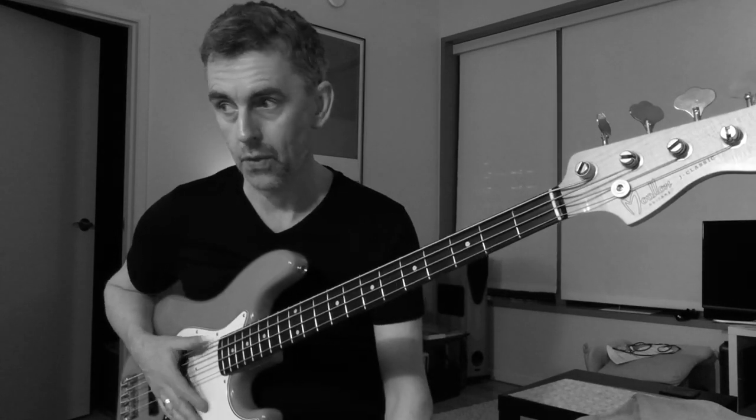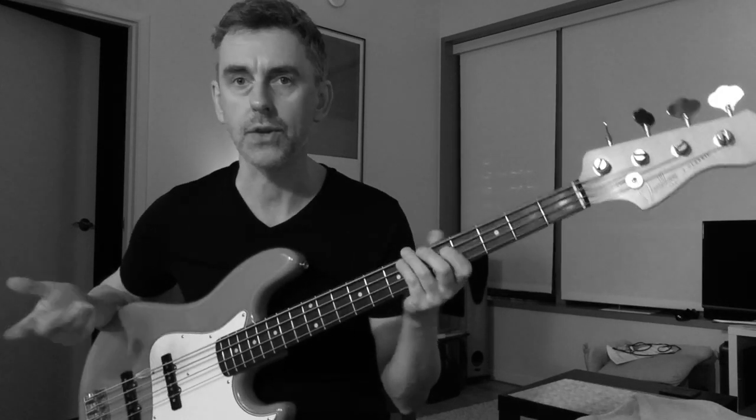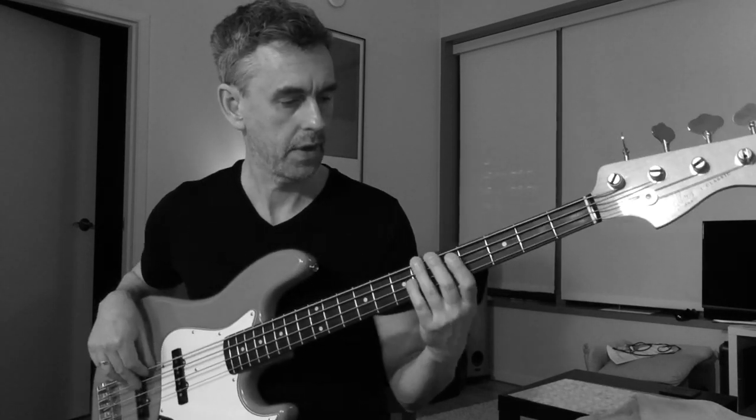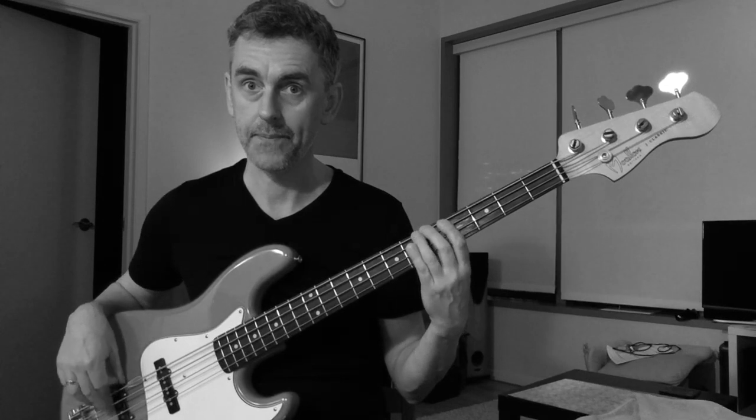Inversions of arpeggios, like triads just to start off with, or seventh arpeggios. Check this out. What I'm doing here is I'm running from the fifth of a major 7. So let's say I'm playing a D major 7. I start on A, the fifth, and I go up to the fifth two octaves above. So I start on an A here,